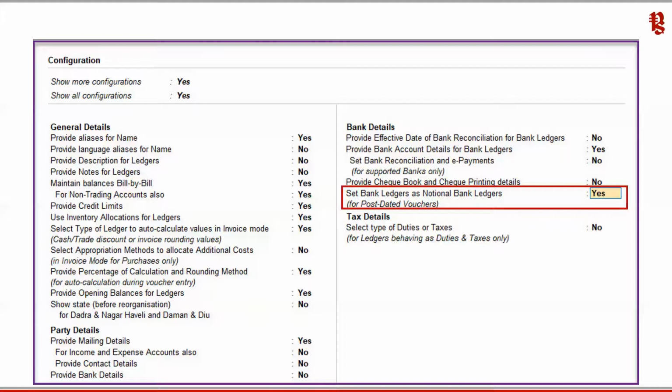We will see all this information. You will get a report, so you can see, okay, these are the post-dated cheques which you have put in the notional bank because you have not decided in which bank you want to deposit. So then on the day when you want to deposit the cheque, go to the notional bank information, and then you can pick up that voucher, and in whichever bank physically you are going to deposit that cheque, you can go and modify the transaction and then put it in the respective bank, so it becomes easier for reconciliation.